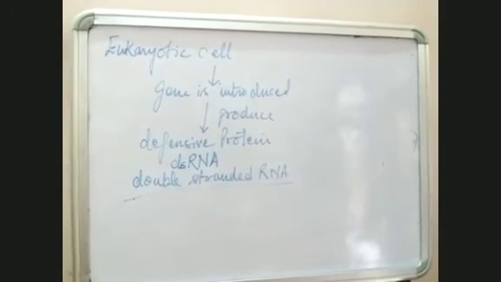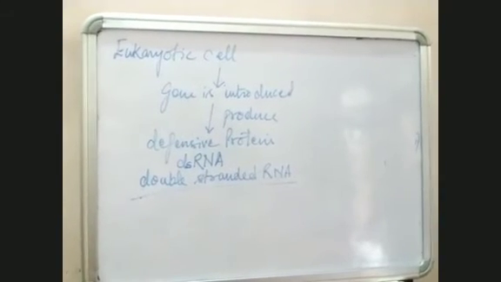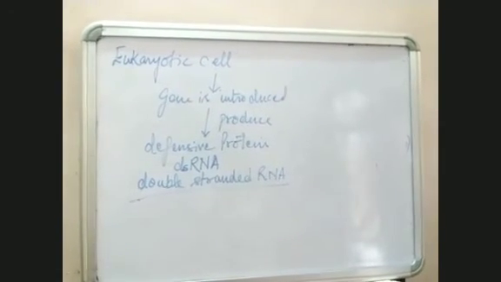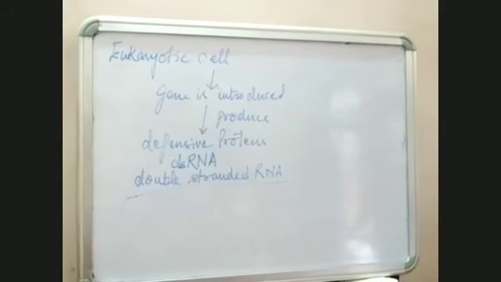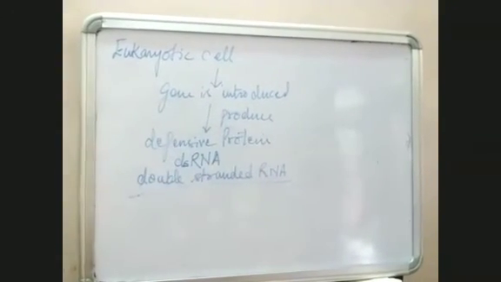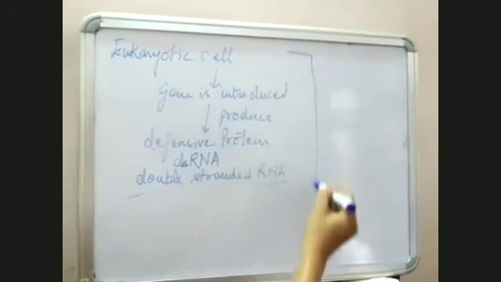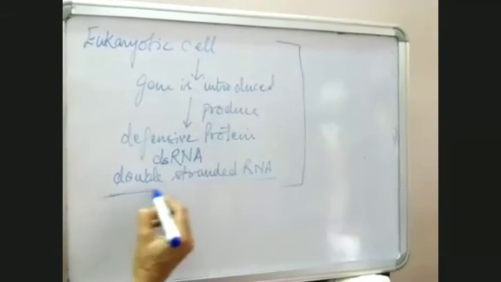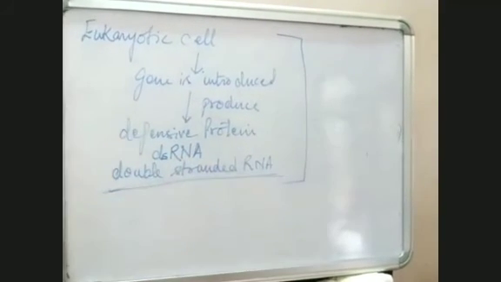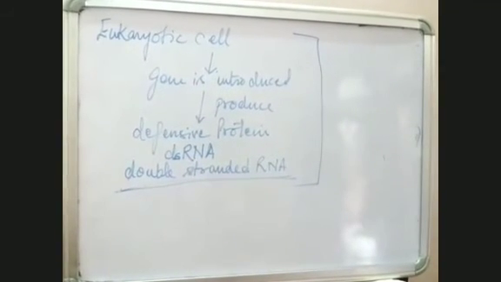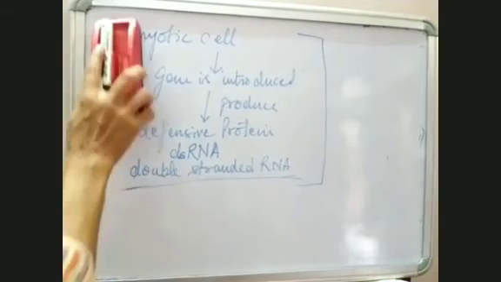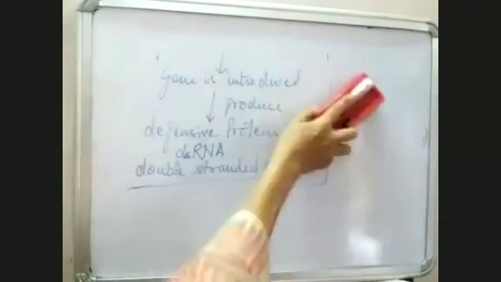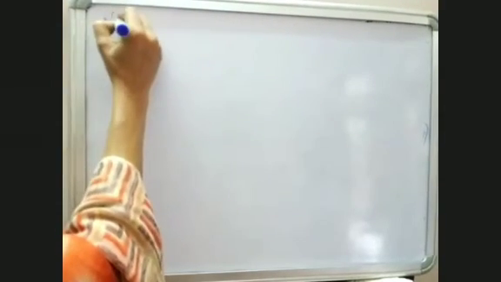Now, what was done by the scientists? How did they protect the tobacco plant? This is the basic concept you have to keep in mind: whenever a gene is introduced, the eukaryotic cell produces double-stranded RNA, which is a defensive molecule. Now what the biotechnologists did was take out the gene which was producing the protein for the normal growth of the nematode. The nematode was taken,